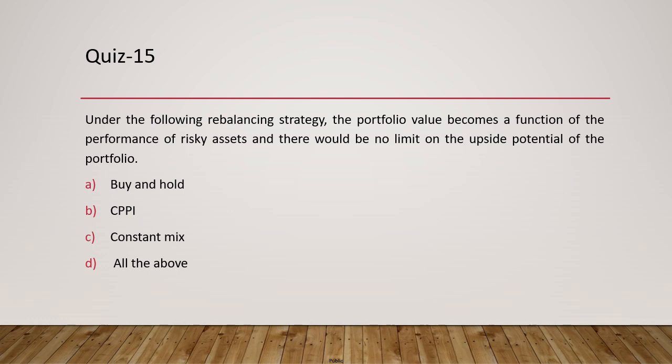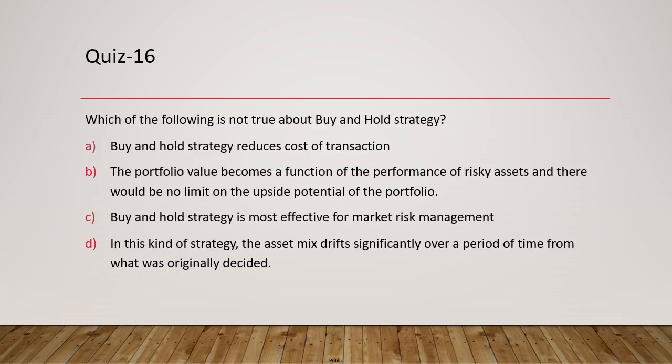So this is an investment strategy which is buy and hold, because once you buy and keep the investment with you, whatever is the risk-free investments, there is a defined line of where it will go, but risky assets can grow really fast. So buy and hold would be the strategy. Buy and hold strategy ensures that your upside potential can be unlimited. This takes us to the last question. Which of the following is not true about buy and hold strategy?